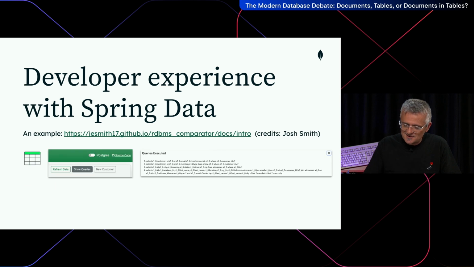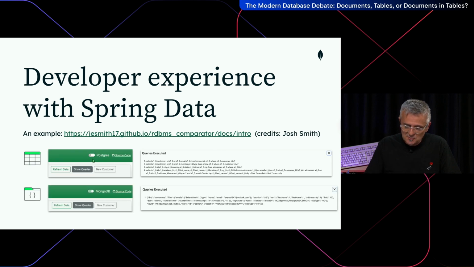It has a UI where you can choose, I want to do it on Postgres or on MongoDB, and it can show the queries that are generated. And of course, it's open source, so you can play with different mappings to see the difference in time, but also the number of queries that matters.